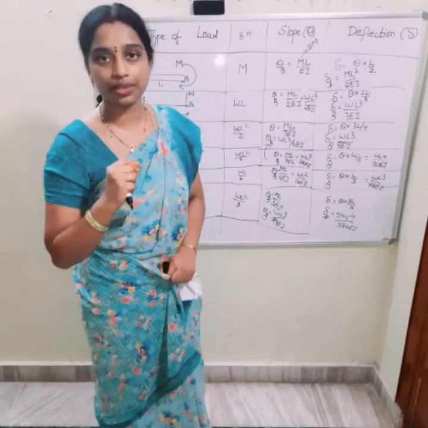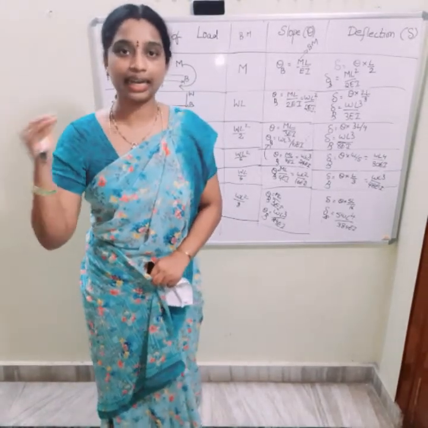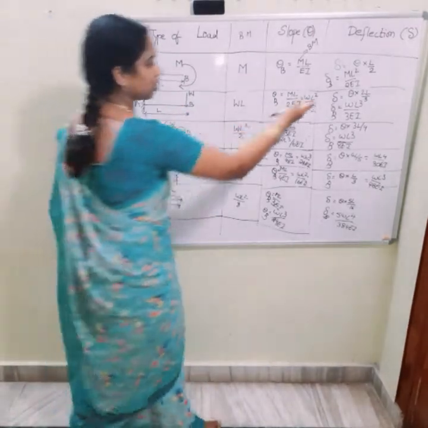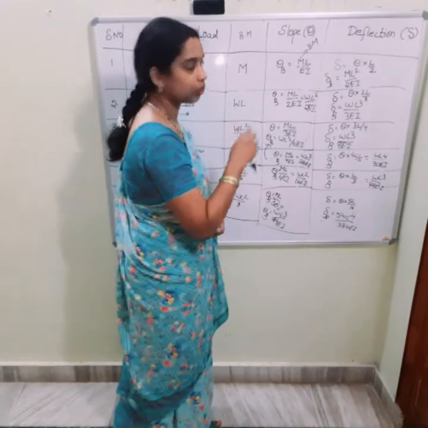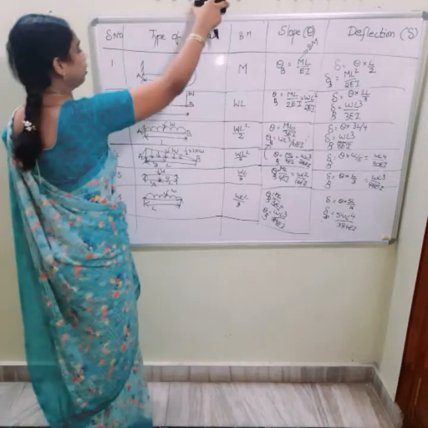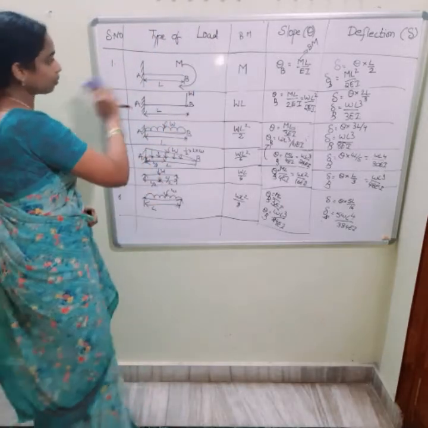Right? What is the first step? Remove prop and consider load and calculate deflection. It is nothing but this one. If you substitute these formulas also, you will get the first step. Right? Now, I am saying here, see here.